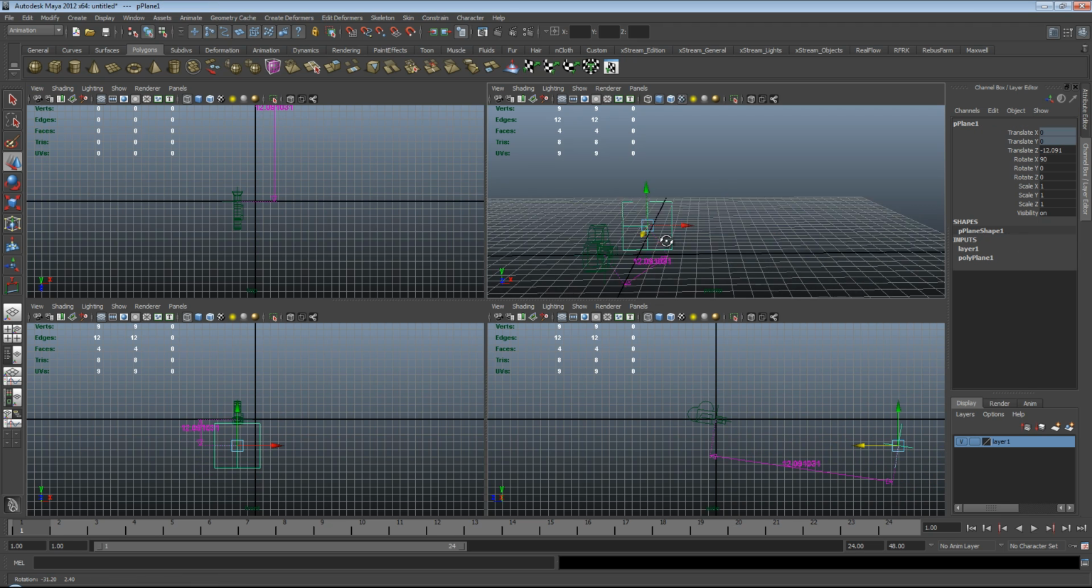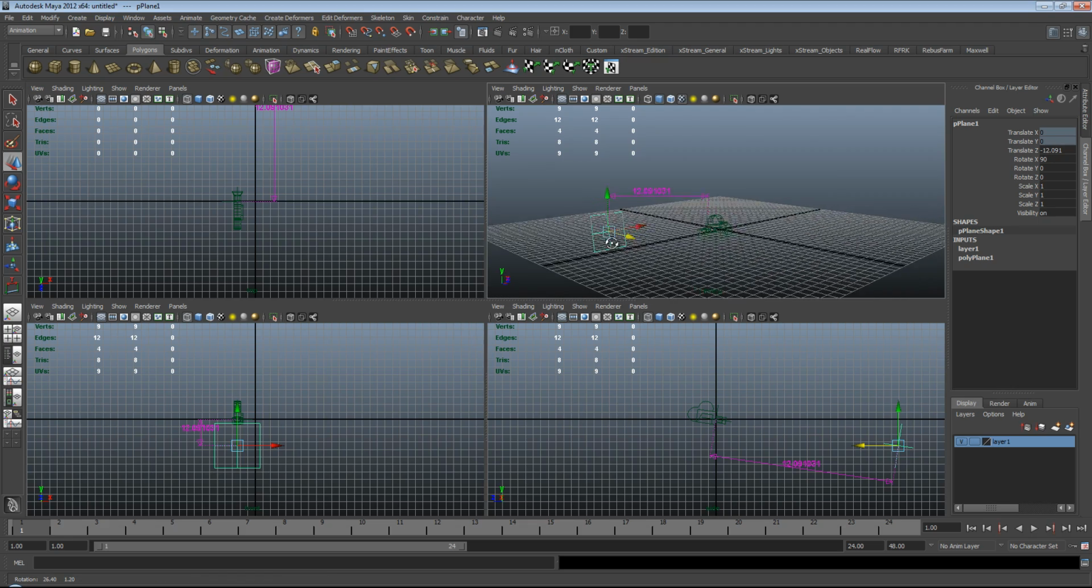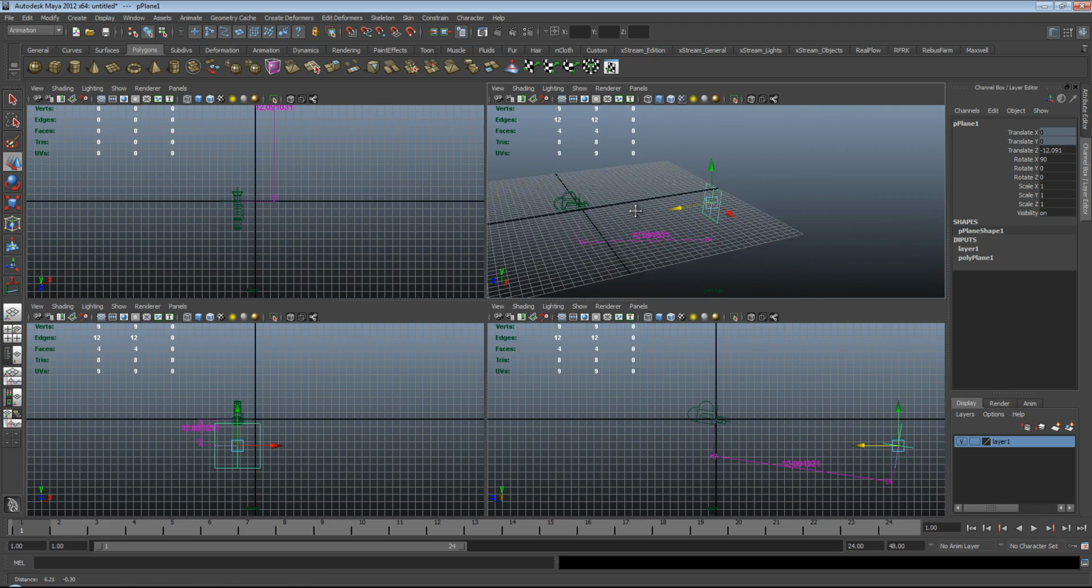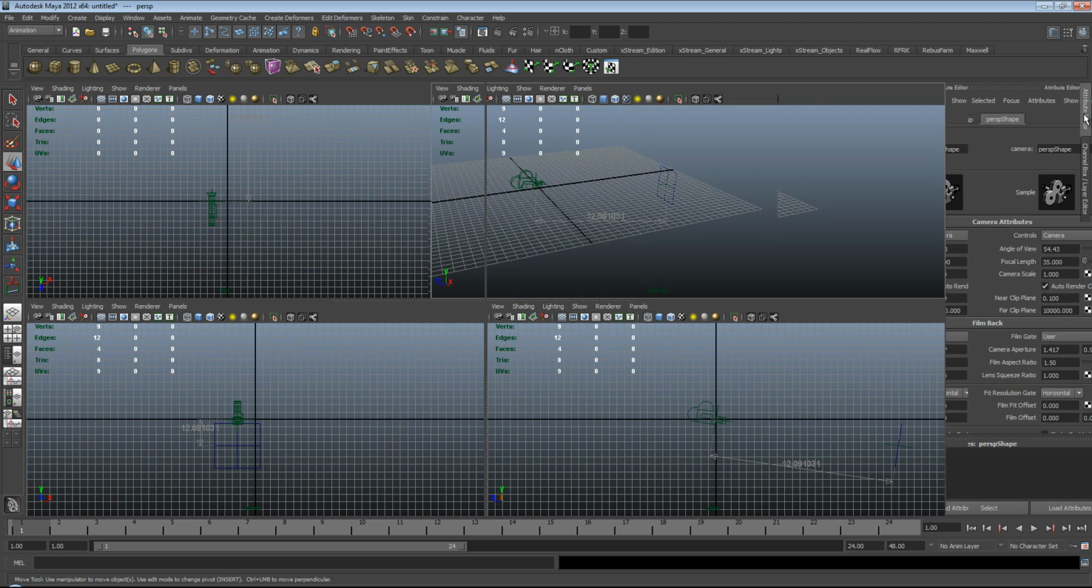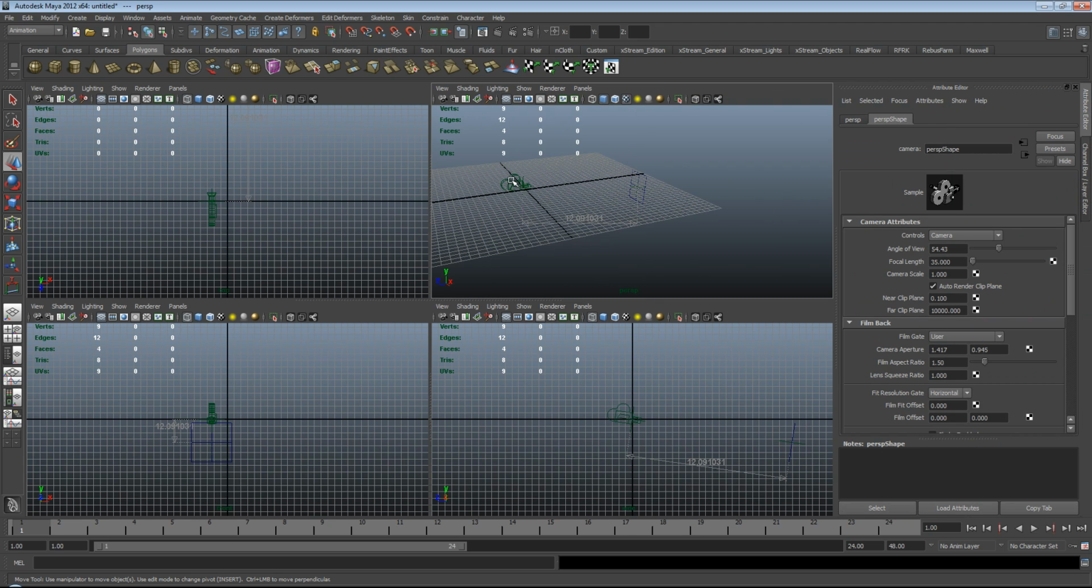So there we have it. That's a simple camera rig for controlling depth of field. All we need to do now is connect it to the depth of field, which is not as difficult as it sounds. We'll just take our camera here under the attribute editor, and you can either select your camera down